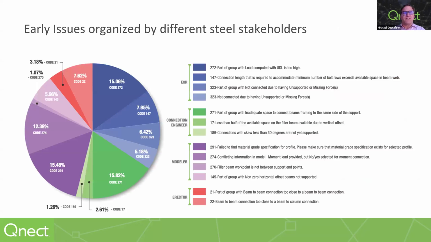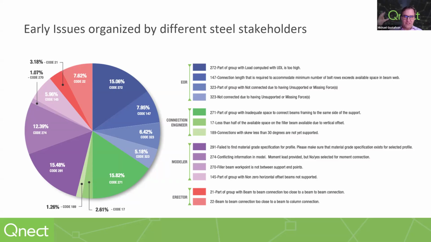The way that we're organizing this data is around really four different personas or stakeholders. There's the EOR, the connection engineer, the modeler, right, creating that detail. You could think of that as the detailer even, and then the erector. But as a structural engineer, you're really interested in a lot of these different aspects because it's things around, can you swing in a beam that's next to another beam that's less than 18 inches? Okay, if you design it that way, you need to be thinking about what side the connection is going to be on to be able to swing it in,